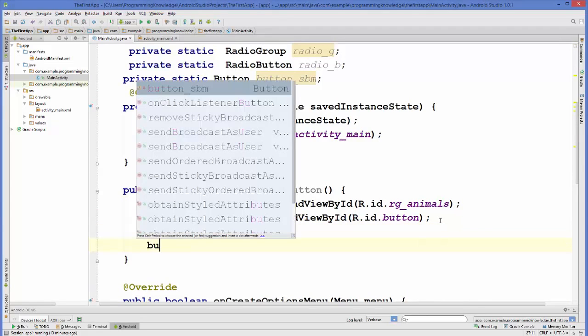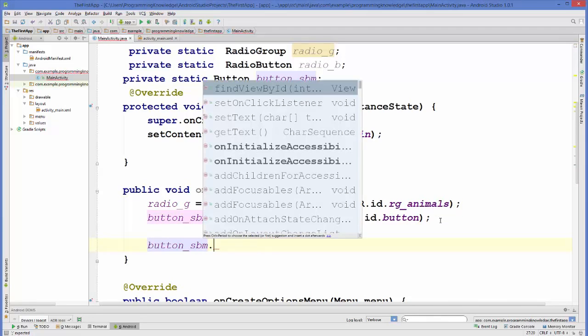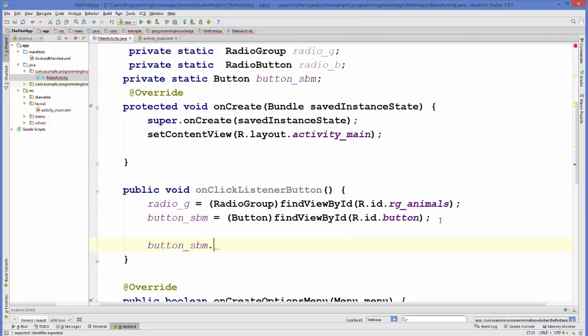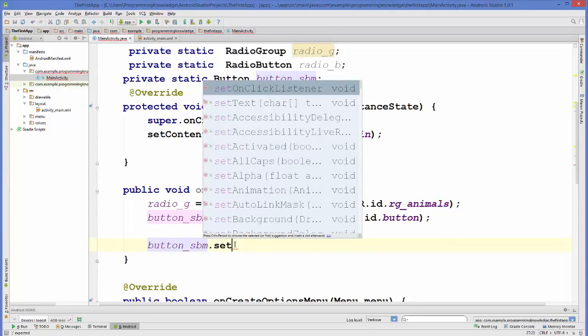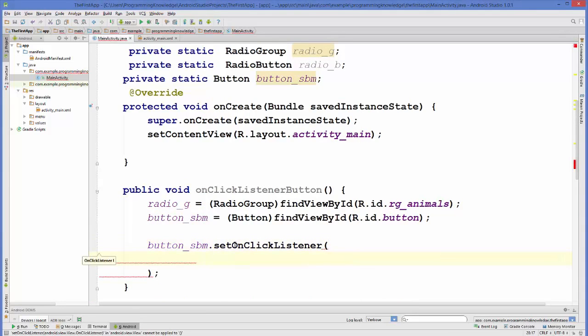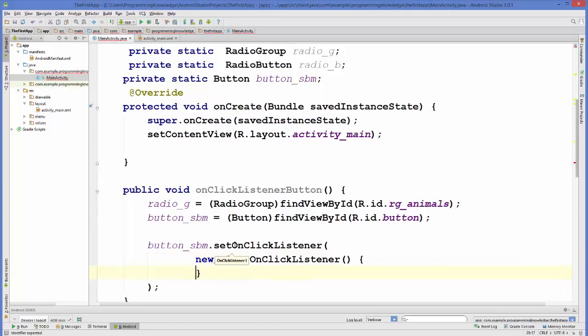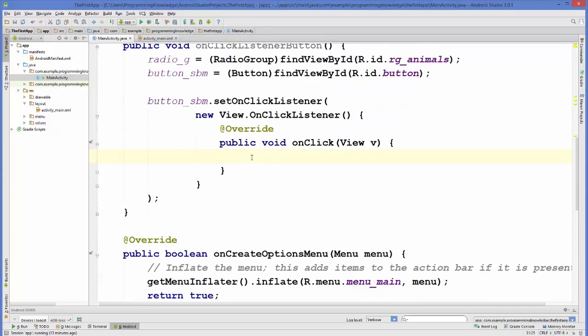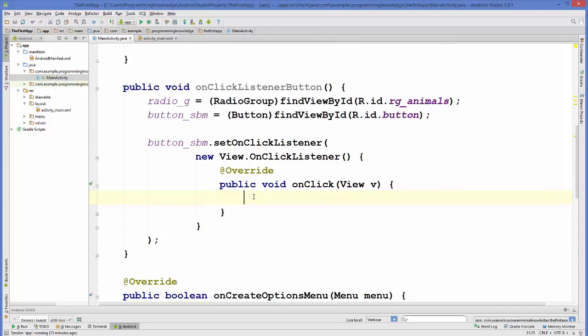So button submit, which is our button, dot set on click listener, and in here we'll create a new on click listener. Okay, and inside this on click method, what we are going to do is declare an integer for getting the ID from the group, right? So we will name it as selected